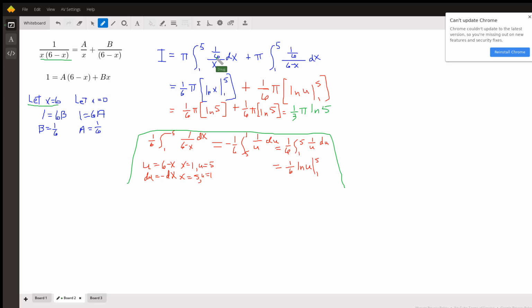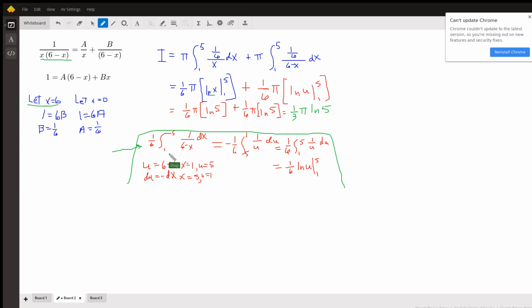The antiderivative, move the 1/6 out front. The antiderivative of 1 over x is ln of x. From 1 to 5, ln of 5 minus ln of 1, which is 0. And similarly over here, just to make sure, I used u substitution